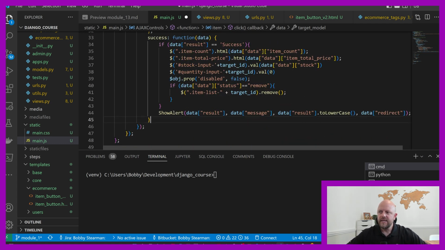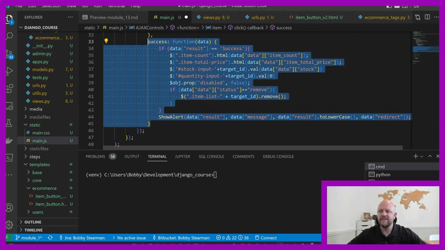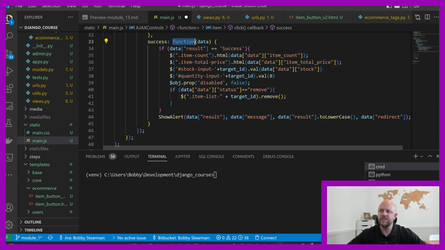Now, if it's a success, we'll get that. Anything else, it does nothing at all. It just, nah mate, it's not working. I mean, you could have an error function as well. We don't really need it. This is success. Okay. So we've got function